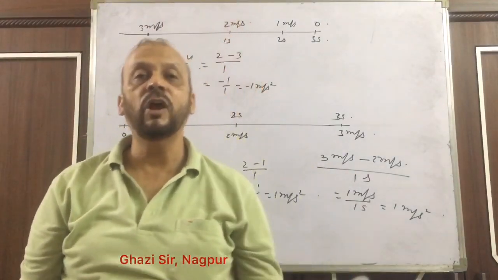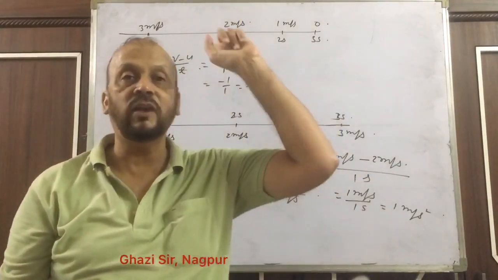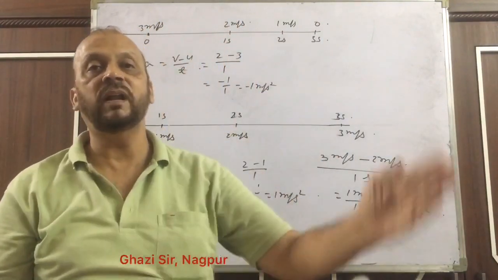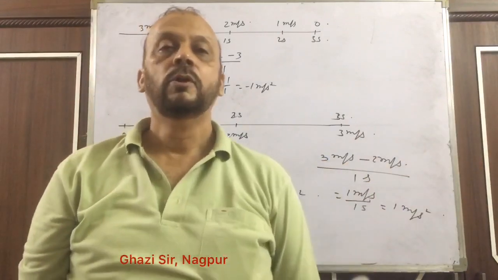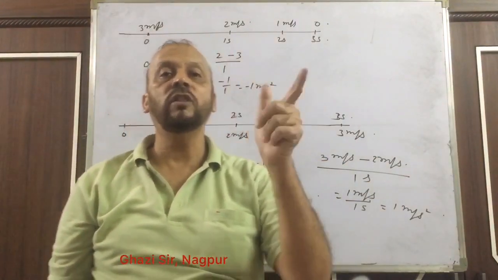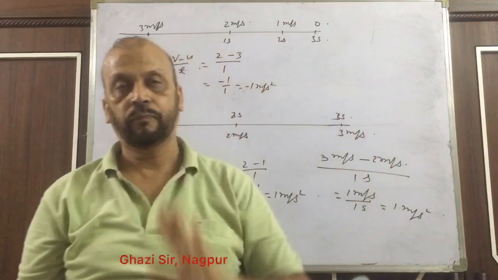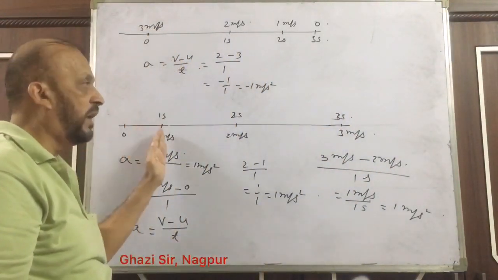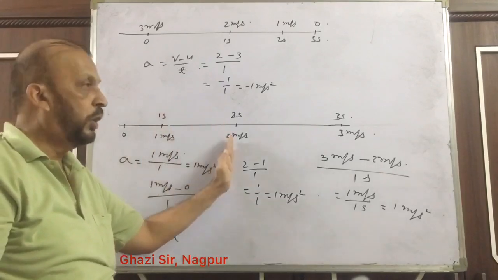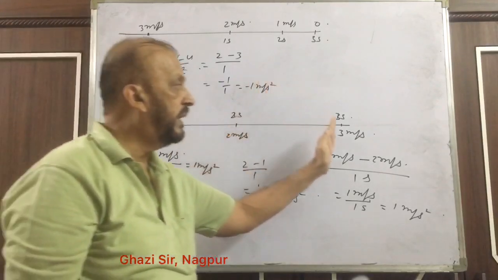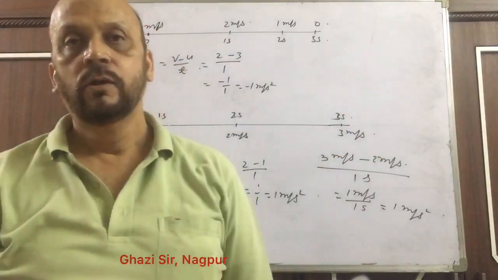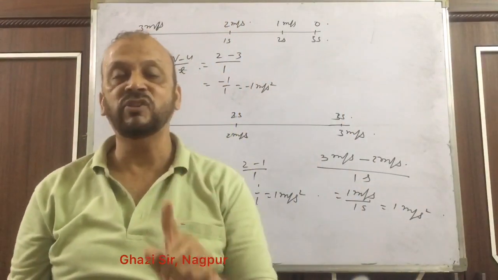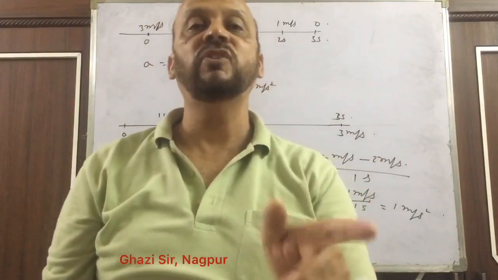0 कब आएगा? जब वेलोसिटी चेंज नहीं हो रही है, जैसे पहले केस लिया था, जब हर पॉइंट पर वेलोसिटी सेम थी, 1 meter per second. So velocity was not changing at all, therefore acceleration was 0. In second case, velocity was increasing, at this point 1 meter per second, then 2 meter per second, then 3 meter per second, and like that. So after every 1 second, velocity was increasing at a rate of 1 meter per second, that means 1 meter per second square.